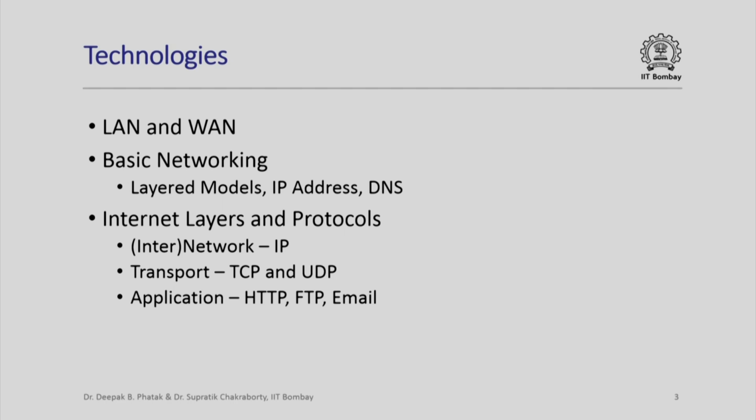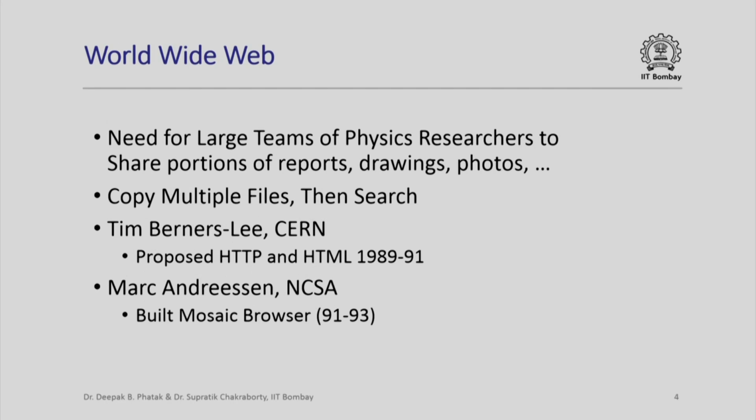So, to recapitulate, at the base you have the network layer, in the middle you have the transport layer which handles communication between 2 computers, and at the top is an application layer which works on every computer and through which you access the network. Some of the applications are HTTP or hypertext transfer protocol, FTP or file transfer protocol, or email, which incidentally was recognized as a separate application protocol.